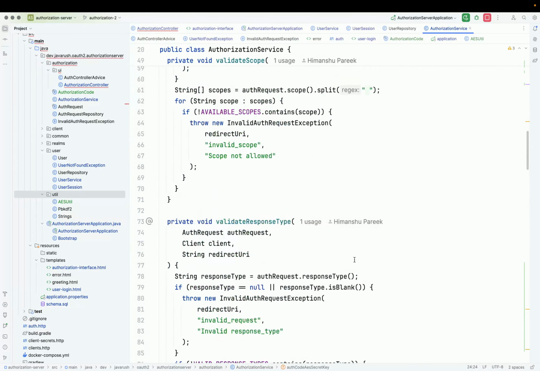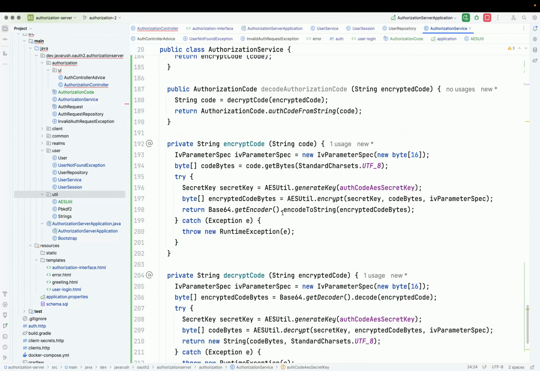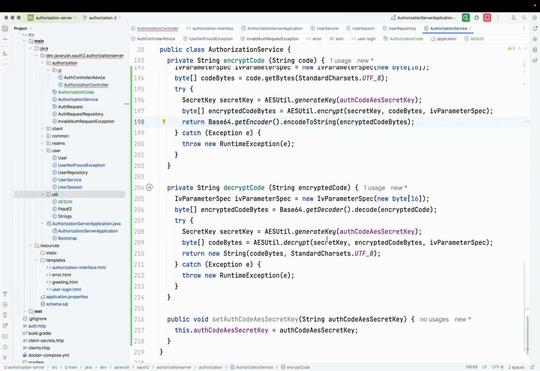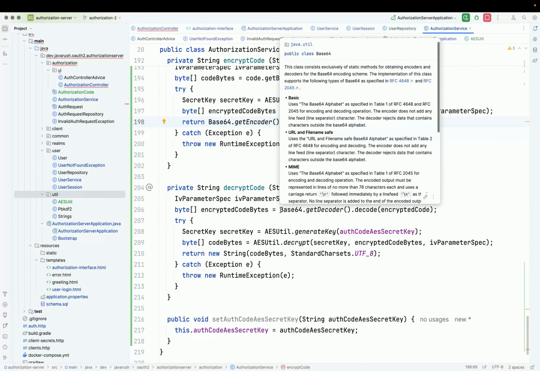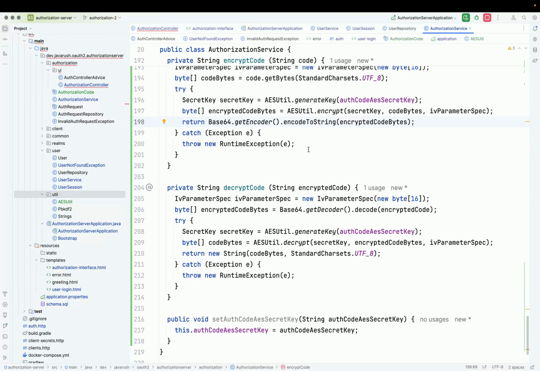Okay, after that, once we encrypt it using AES util, we are converting it into base 64 encoded string. So now whenever we need to decrypt the code, first of all, since we know that the bytes are base 64 encoded, we need to decode using base 64, and after that using the same secret key and same IV parameter spec, we need to decrypt it using AES util. And after that we will just convert the bytes to string and we will return it. So we will get the decrypt code,